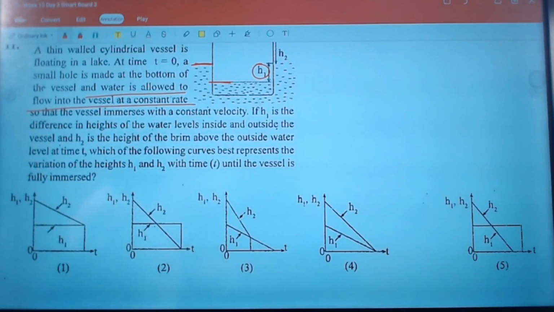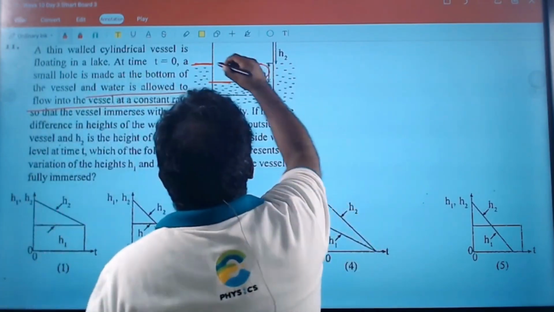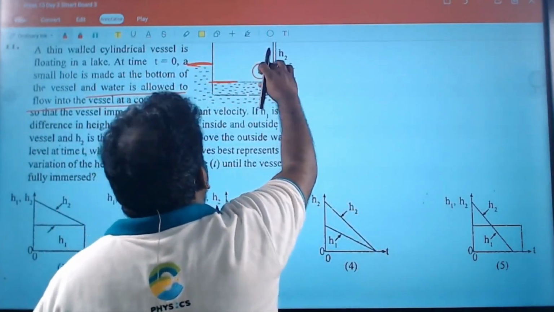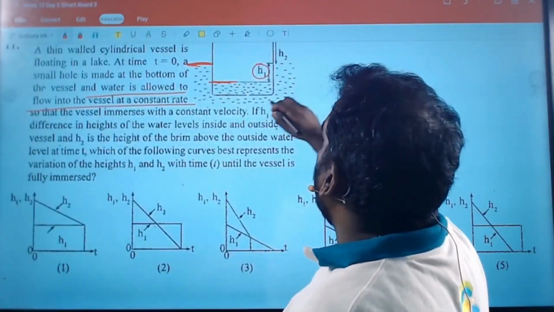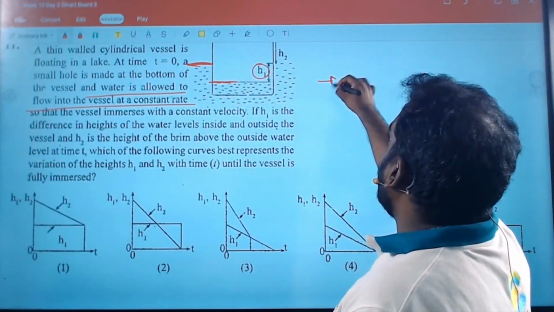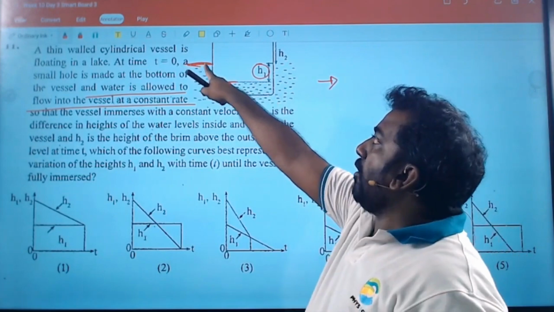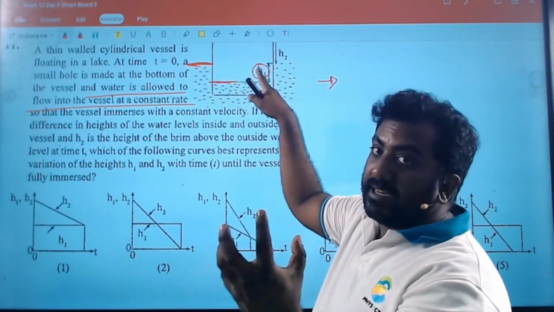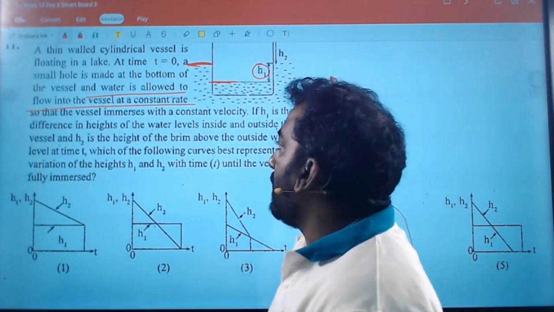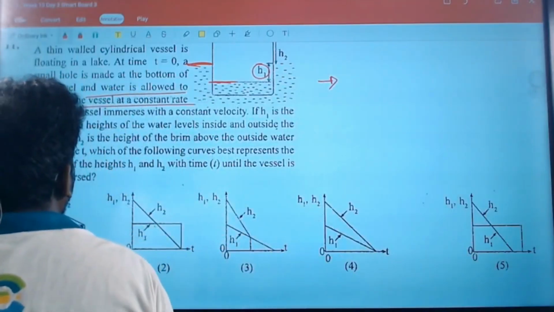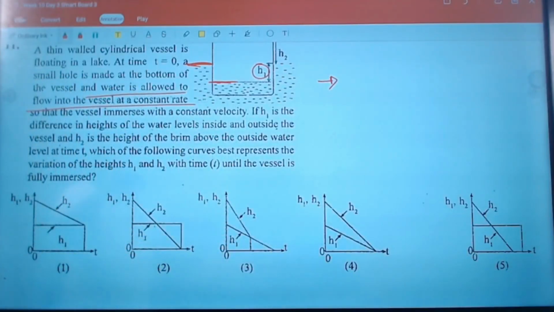So remember, the rule is very simple. If the difference in the outer and inner layer is constant, sinking will not take place. You can make a note there. If h1 is constant, sinking will not take place. So here, as long as h1 is constant,